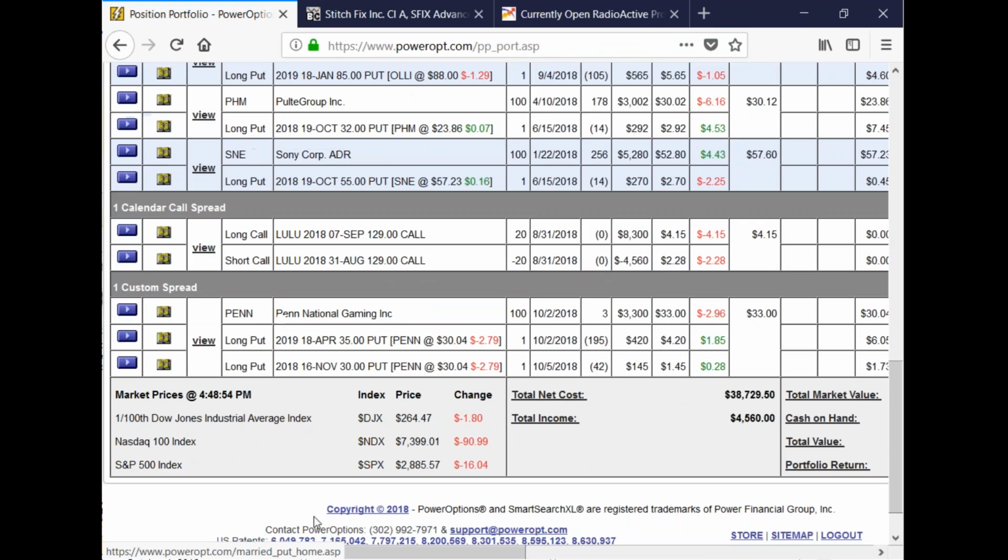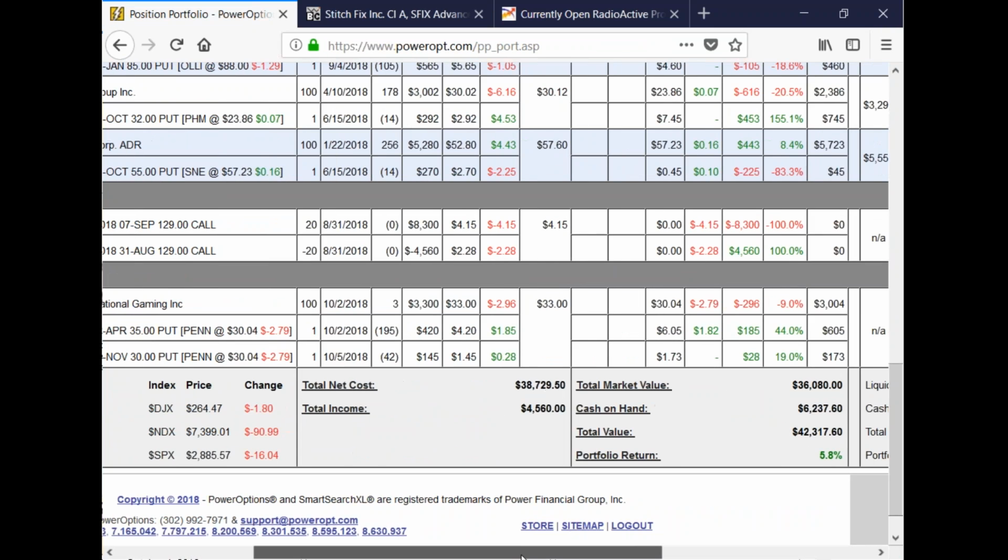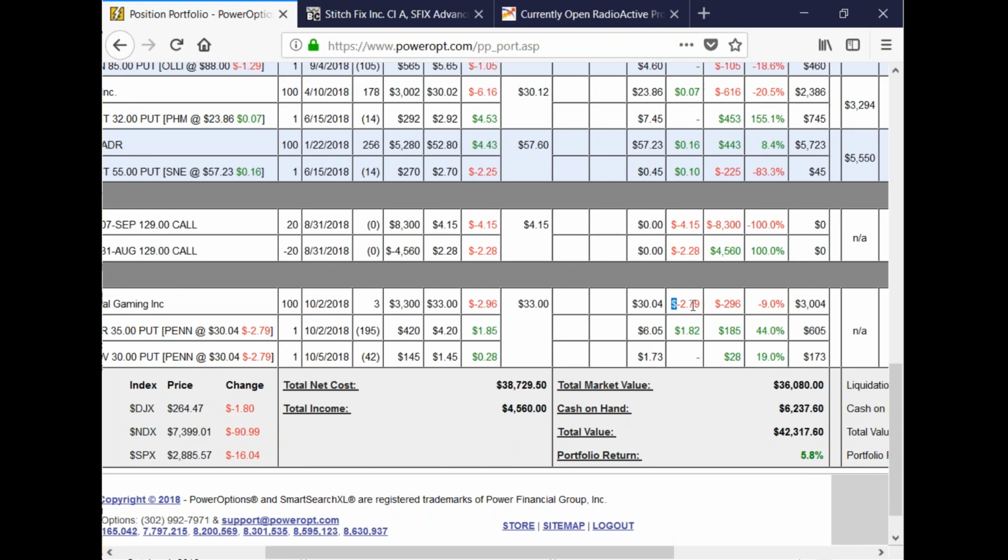So here's Penn. Over the course of 4 days, now 3 days, I've lost $2.79 on the stock. It did recover back to 30, but I did this when it was at 31. So it's only a 30-cent gain now at the end of the day on the second put I bought today, and about a $2 gain on the first. By the way, that was the target here. When I bought this 30-strike put for November at 145, why did I choose 145? Because I had a 160 gain on the first put I bought.